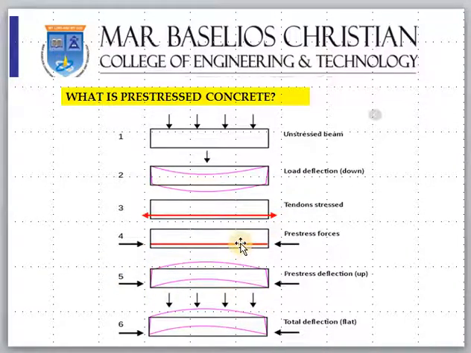Because of this, the beam will try to bend up. Think of a sponge, a big piece of sponge. You are holding it at the bottom and pressing, so it will bend like this. Tension at top, compression at bottom. Now when you apply the load, it will come back to the original position, because the tensile stress will reduce. Hope you understood the concept.